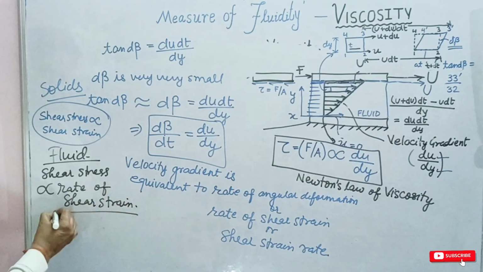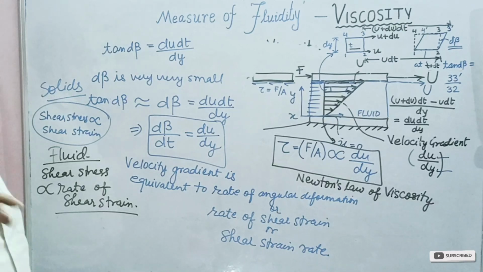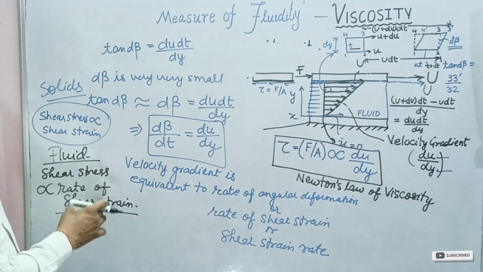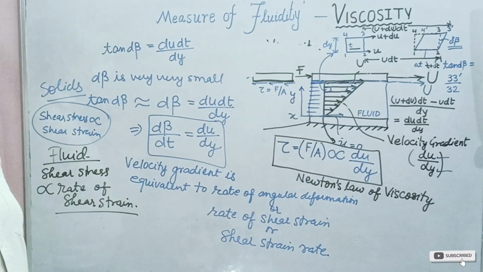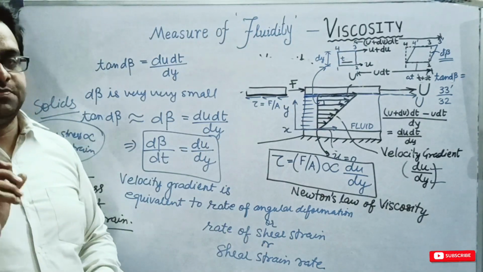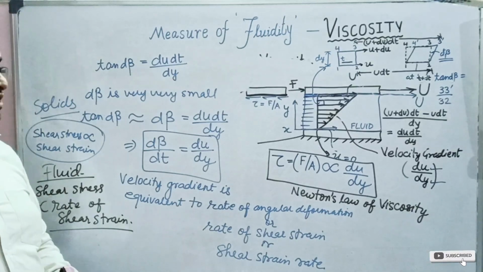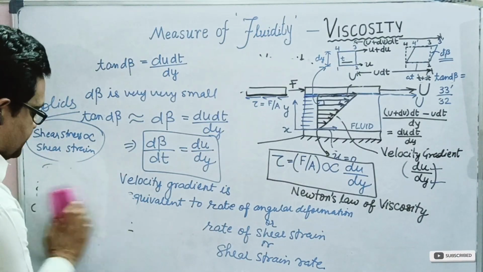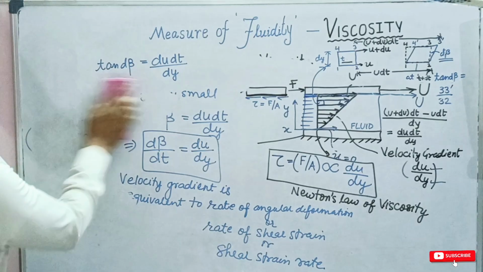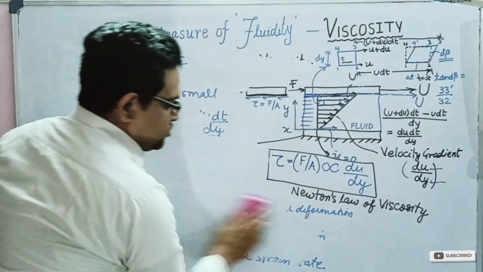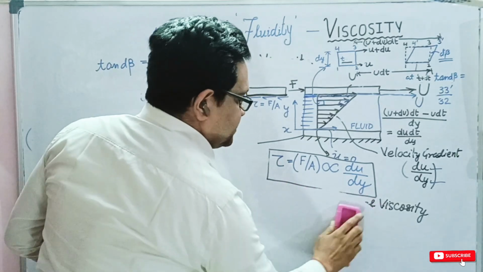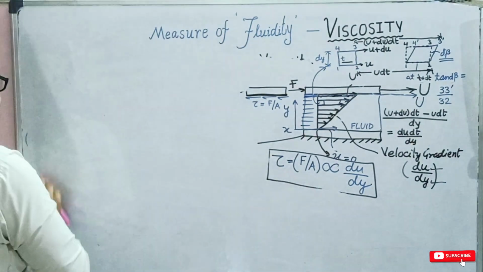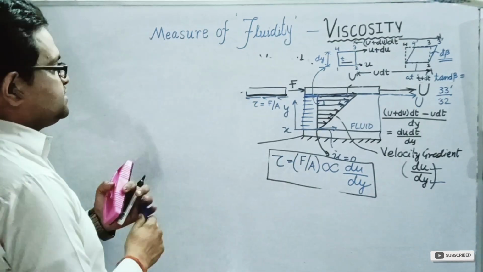Now this is a very important result because it also indicates that the fluid is continuously deforming, or there is a continuous change in the rate of deformation. So we have got a very important expression, a very important equation, which is called Newton's law of viscosity. So let us try to see this Newton's law of viscosity. What this Newton's law of viscosity says: it is the result which we have obtained so far. It says that in case of fluids, we have the shear stress,